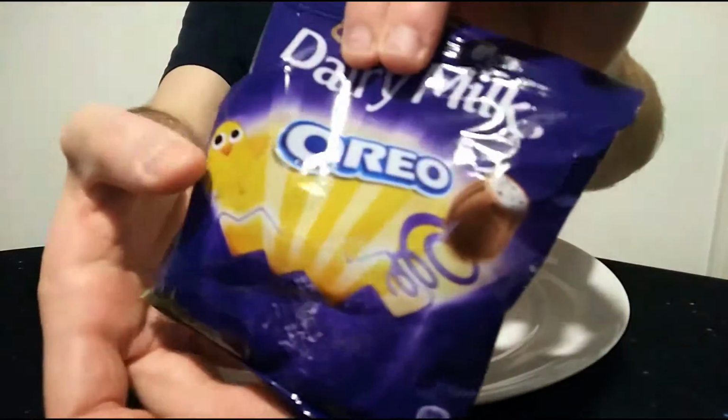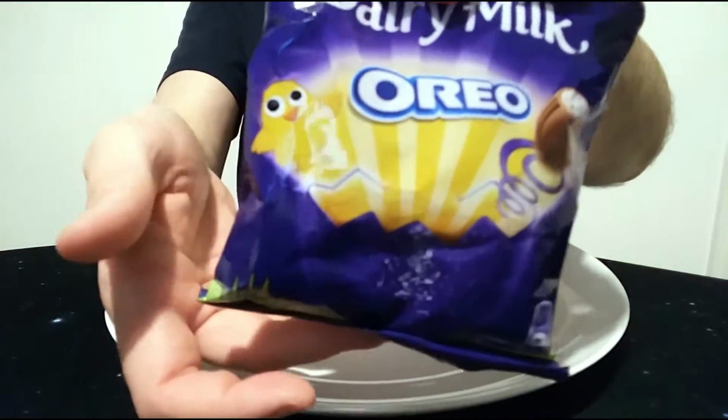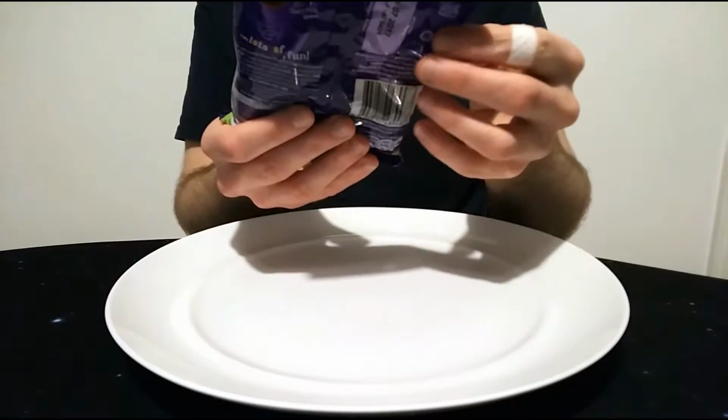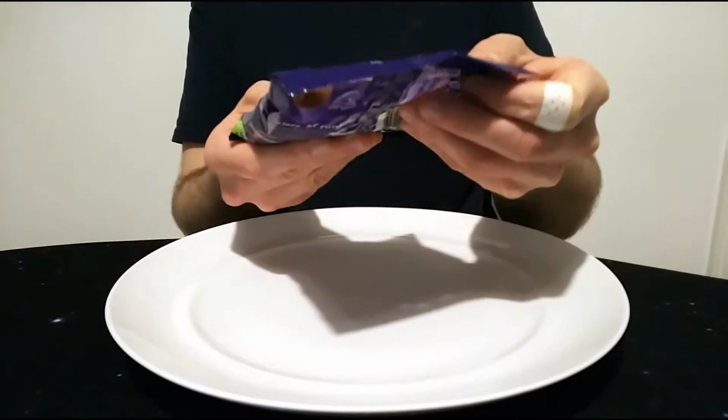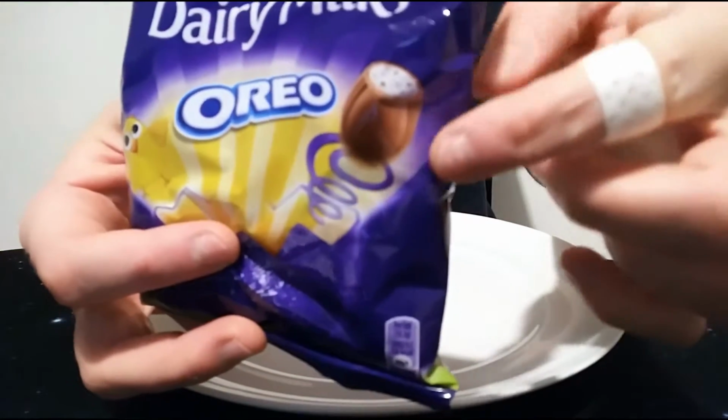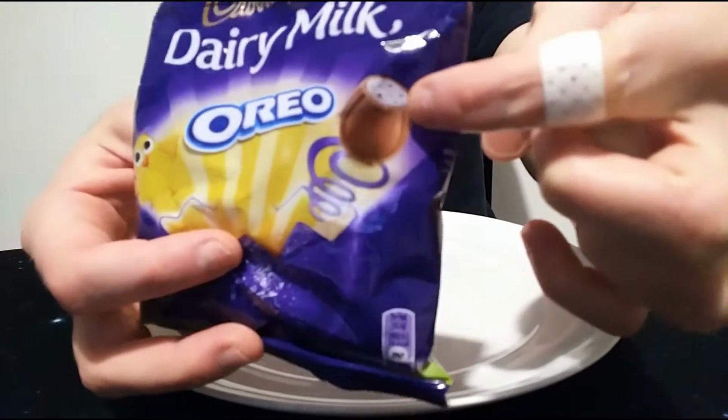And I see a chick jumping out for some reason. Well, I guess because they're born from eggs, aren't they? So it makes some sort of sense. Yeah, so quite nice packaging. Obviously the Oreo branding, so you can see there it's basically Dairy Milk chocolate with a sort of Oreo cream